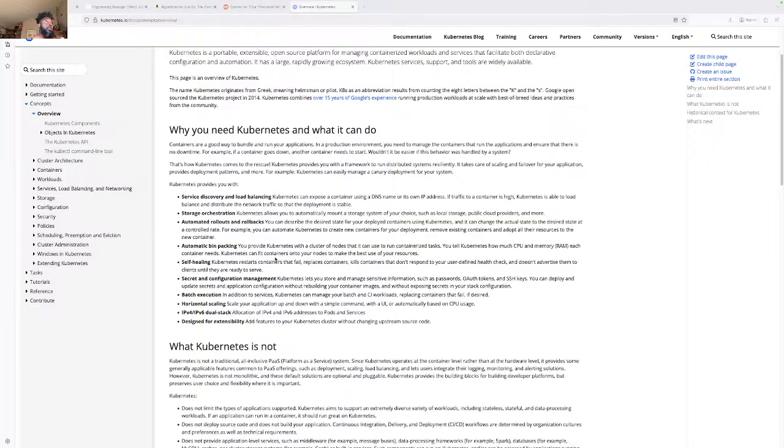Whereas with ECS, for instance, you do these things called tasks. So that's why I think Kubernetes is kind of the default.